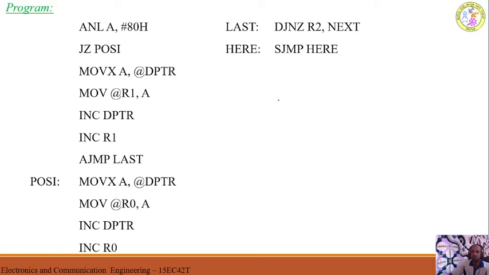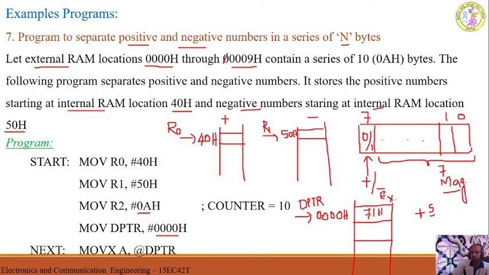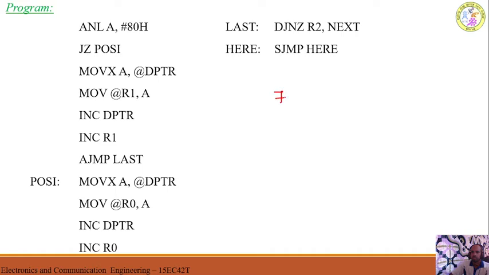Because how do you write 71 in binary? What is 7? 0111 is 7 and 0001. This is 71. Now this should be ANDed logically with 80H. So if you write 8 in binary, this is 1000. That is 8. And what is 0? 0 is nothing but 4 zeros. Now do the AND operation.